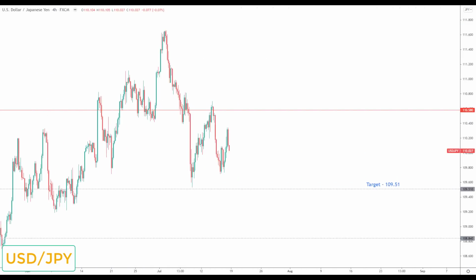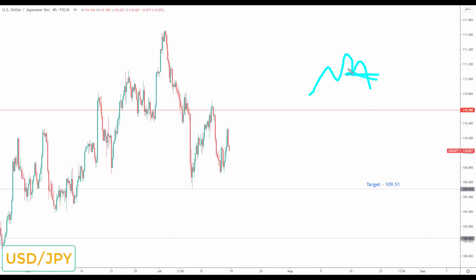The next two pairs we're going to look at are US dollar yen and pound dollar. Now these markets are structured in the opposite direction to dollar strength, so they're set up for dollar weakness. Now because I prefer dollar strength trades going into next week, I will not trade US dollar yen or pound dollar unless we get that reversal in the DXY. If the DXY comes down and reverses like this, all of the other setups in the dollar pairs will come off the table. And this will be the opportunity to look for US dollar yen and also pound dollar opportunities if we get the reversal in the DXY.